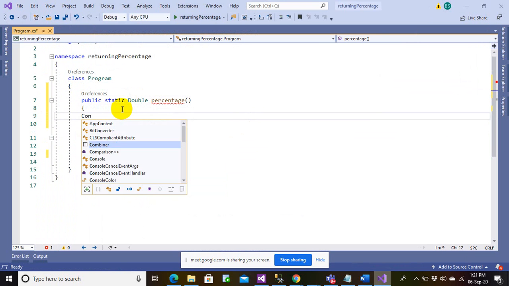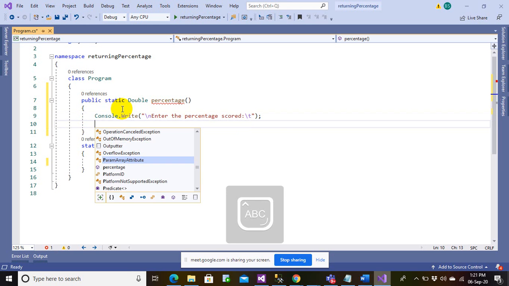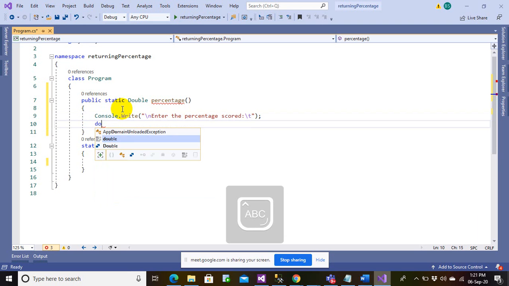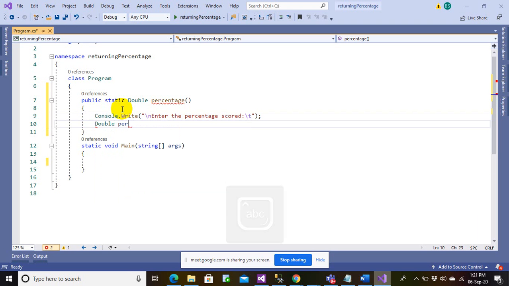I may ask the user to enter the percentage score and read this percent, let's say double percent equals to.